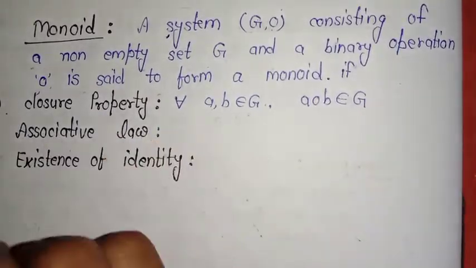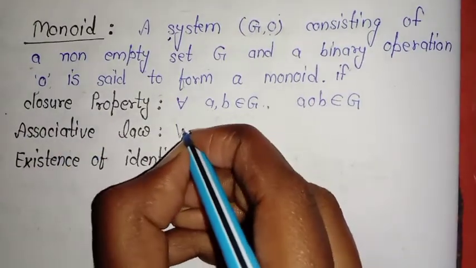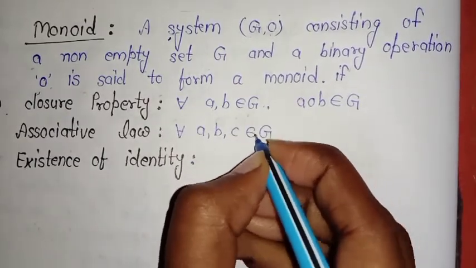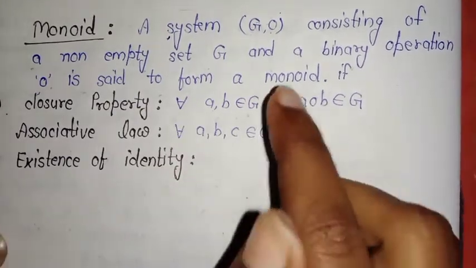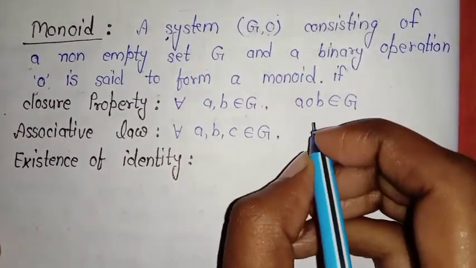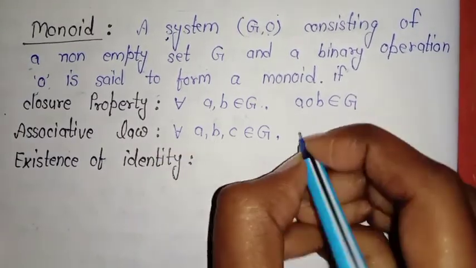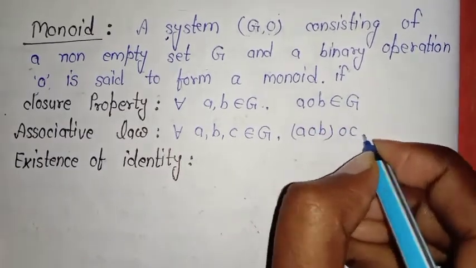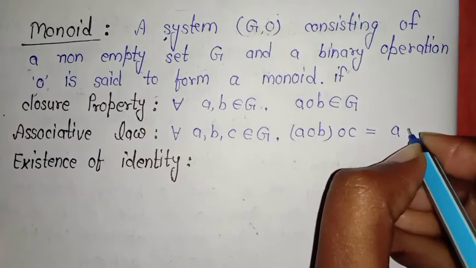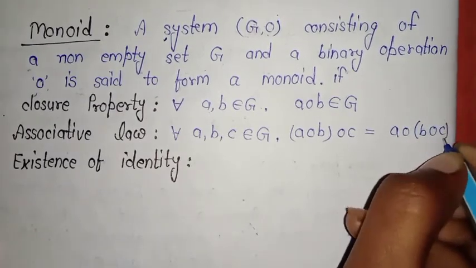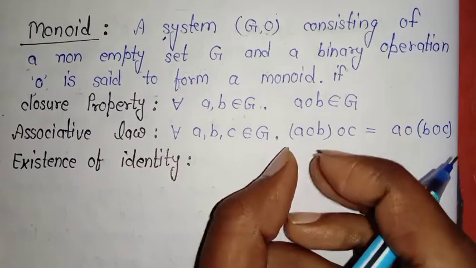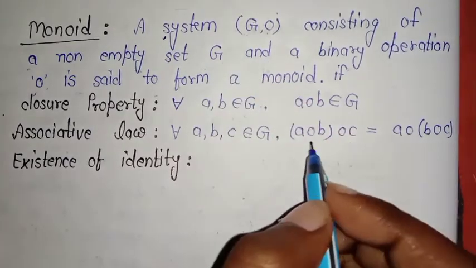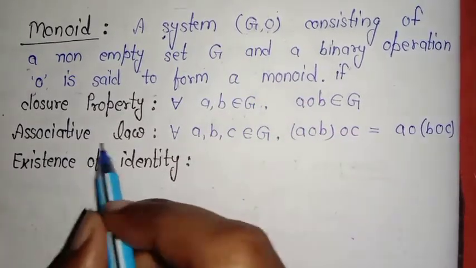This is closure property. And what is associative law? In that case we take three elements of the set. This is a non-empty set. I will tell you about the group as we discuss the definition of group. So this is associative law, and what it says is (a O b) O c is equal to a O (b O c). That is, if we interchange the position of the bracket, there is no change in the value when we apply the binary operation over the elements and they hold the associative law.